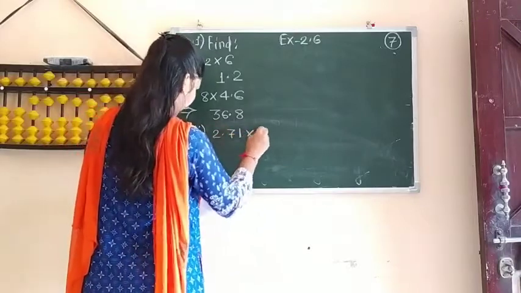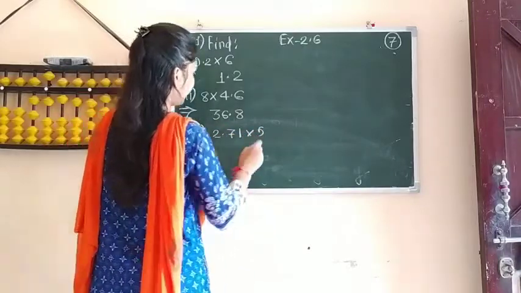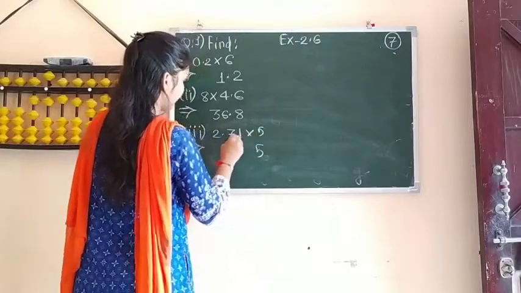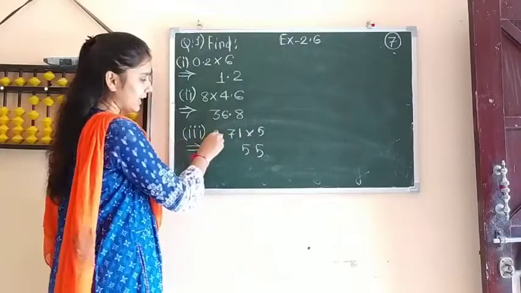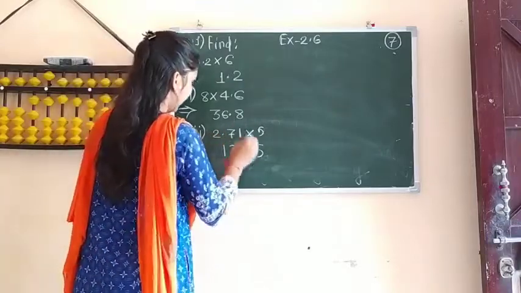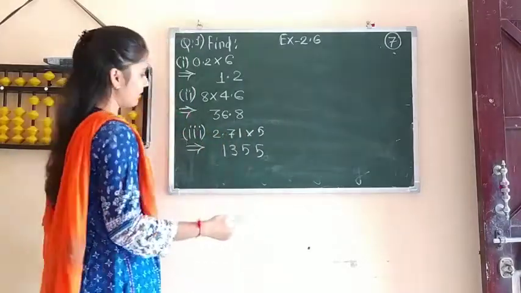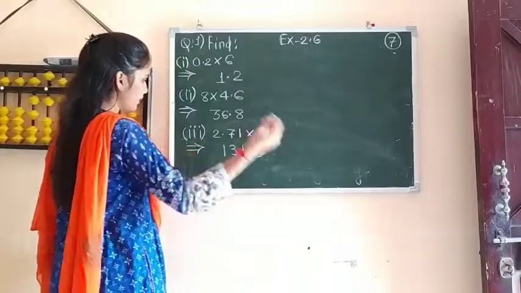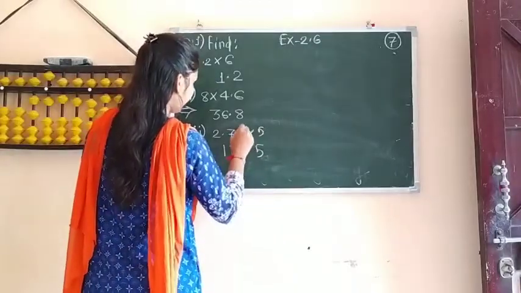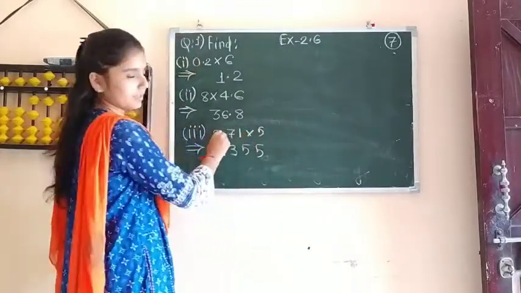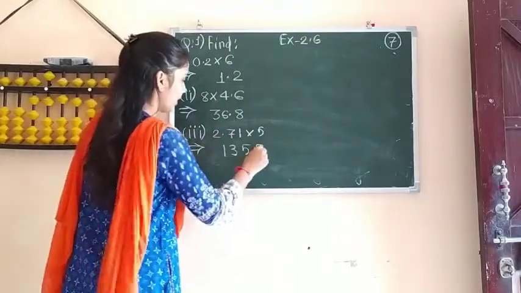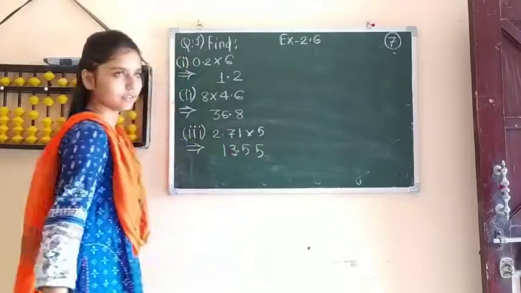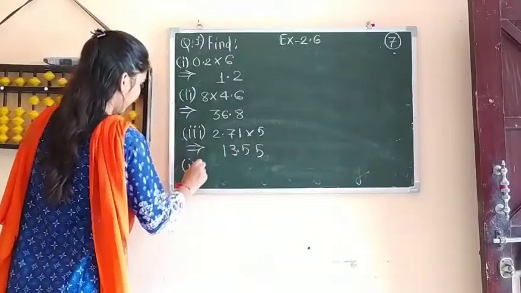2.71 multiplied by 5. So multiply this. 5 1s are 5. 5 7s are 35, 5 and 3 carry. 5 2s are 10. 10 plus 3 is 13. Now see from the rightmost side. I am repeating again. Check from the rightmost side. The decimal is after 1, 2 and then decimal. So similarly in the answer, 1, 2 and then decimal. Okay. Now next, 4.